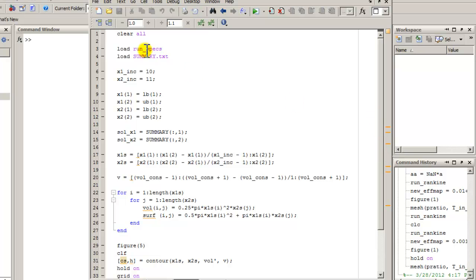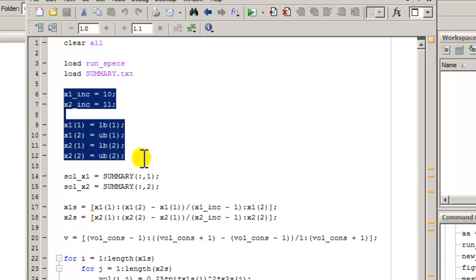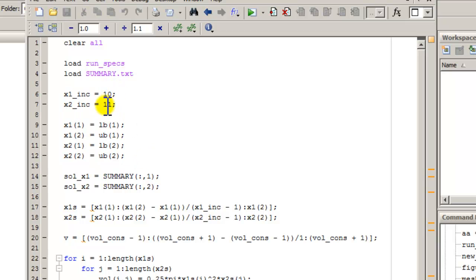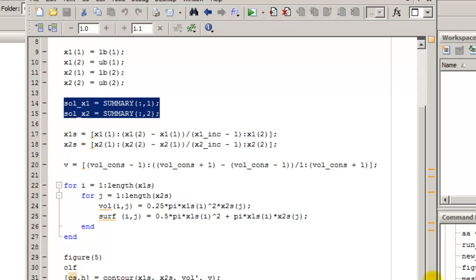What it does is it starts by clearing everything, loading the summary and the run specs, and then taking the upper and lower bounds with user-defined increments, and it uses the data from the optimizer, from the summary text file, to plot the history of the optimizer with regards to diameter and the length on a contour plot, which is defined by